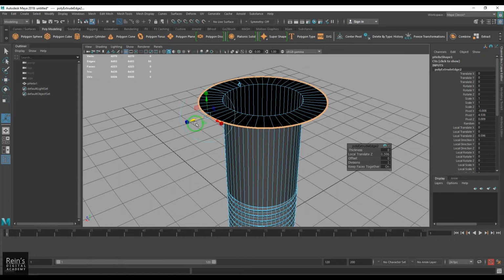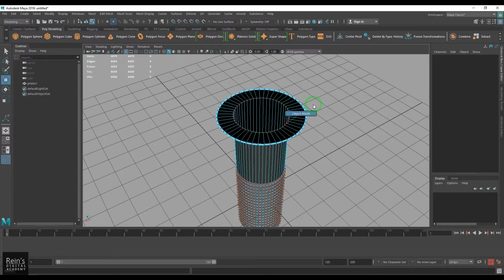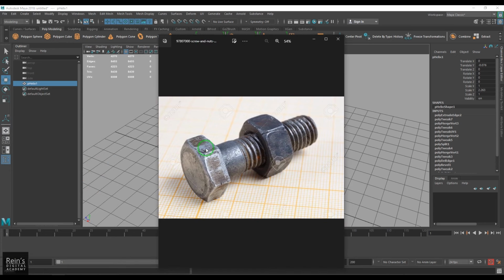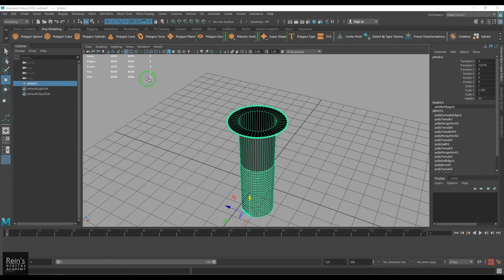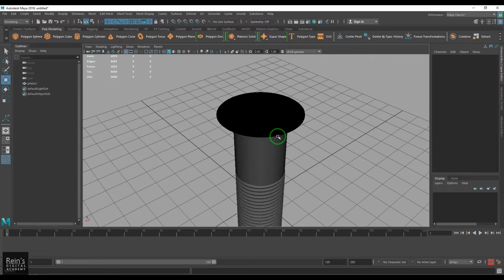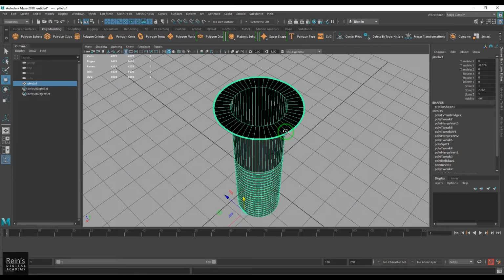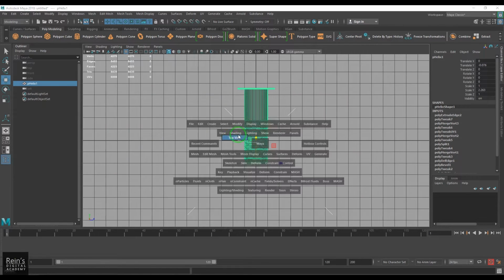To something like that. Now this is where we have to model this bolt with 1 2 3 4 5 6 sides. Okay, 1 2 3, 1 2 3, 6 sides. So how do I make this into a 6-sided one? Make sure that this is in the center,